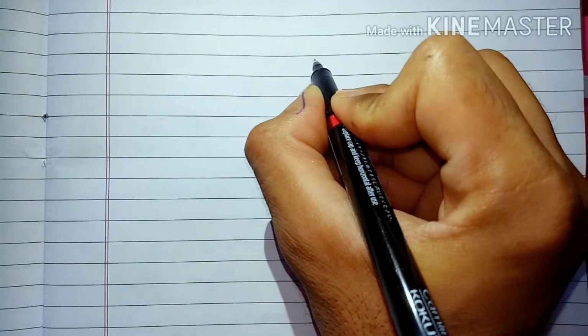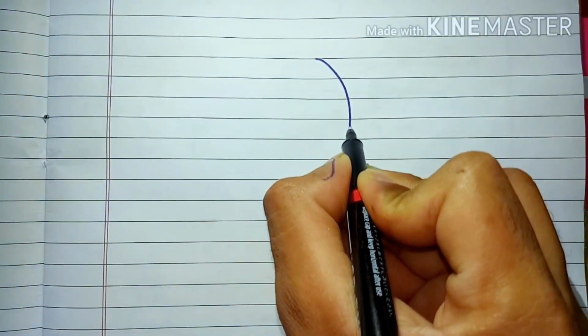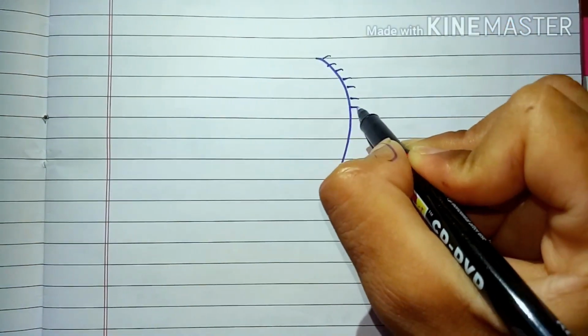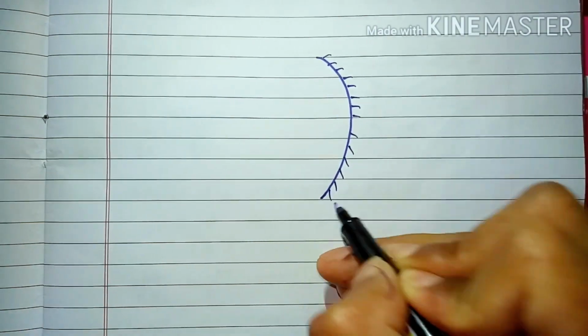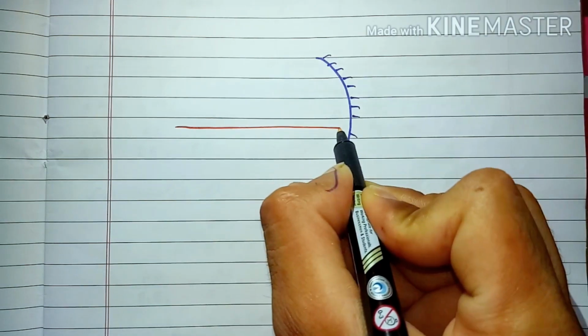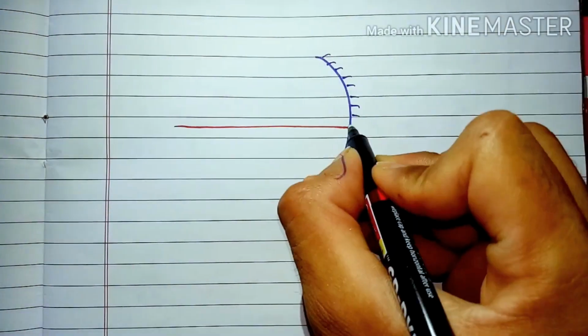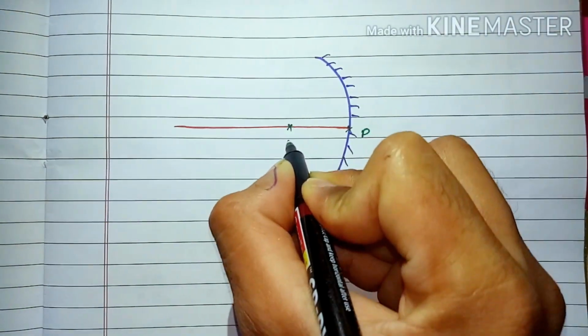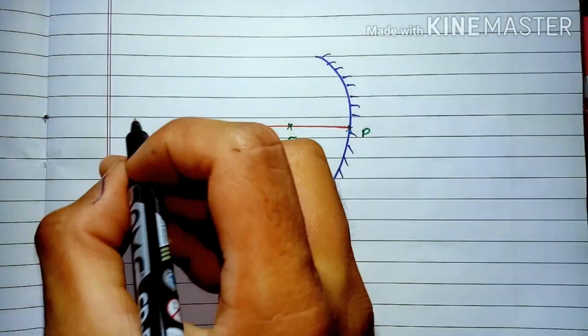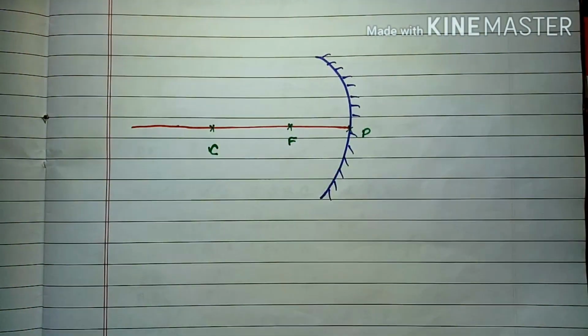Suppose that, student, this is a concave mirror and this is the principal axis of this mirror. So this point is pole, this is focus, this is center of curvature, and if we place an object beyond